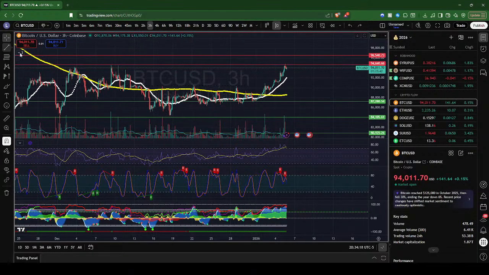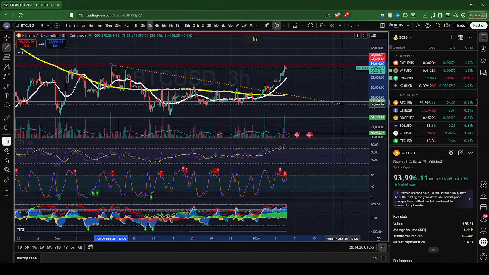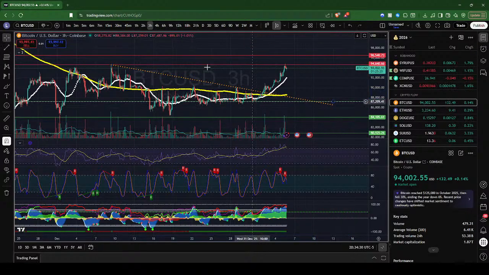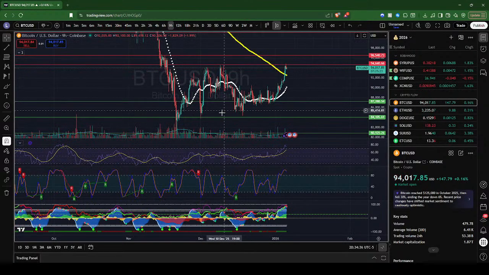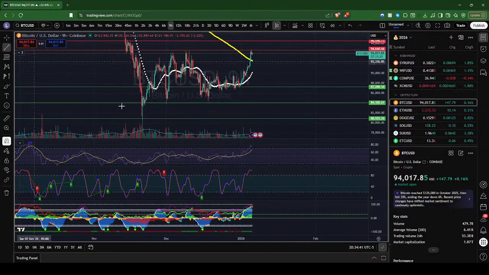So one thing you want to do is start consolidating price into certain patterns here. And I think this is too small of a time frame to do it. We should have done it a little further back. Let's hop to the 9-hour. All right. So on the 9-hour chart right here,